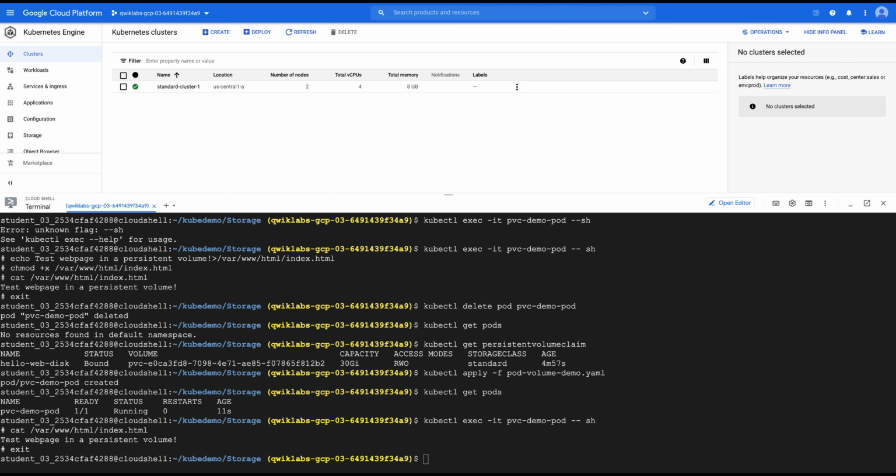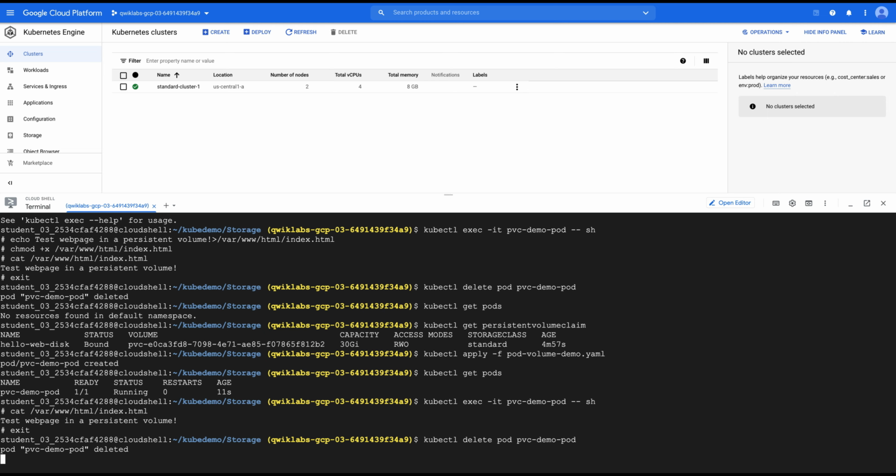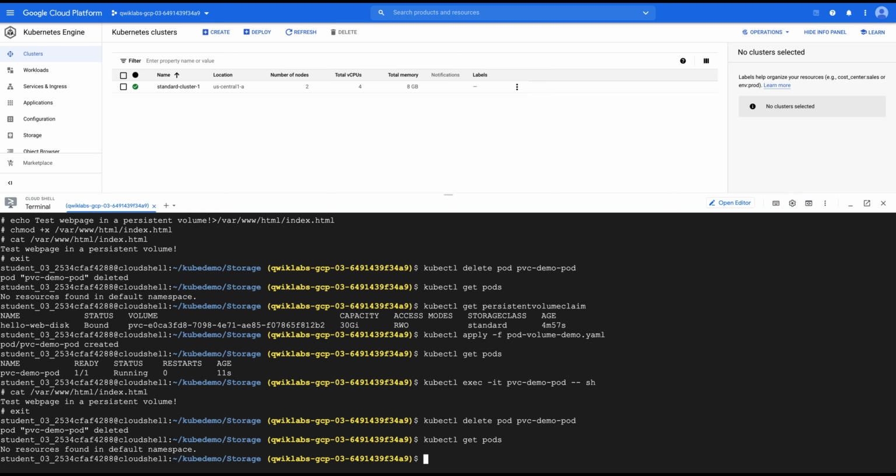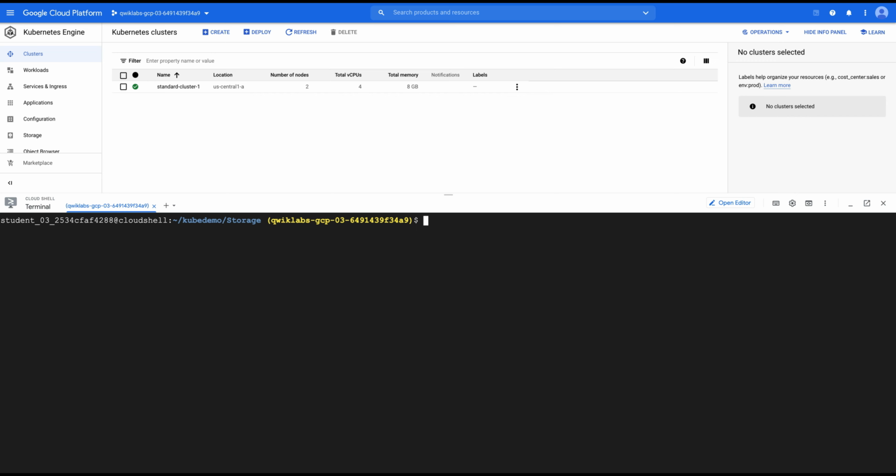Before we go forward, let's delete the previous pod which we created. To delete, I think I wrote one command, yes. So now we do not have any pod, and to verify that, let's do kubectl get pods. Now we do not have any pod remaining, and we are going to create a stateful set. To do that as well, I have a manifest file. So let's check what is inside it.